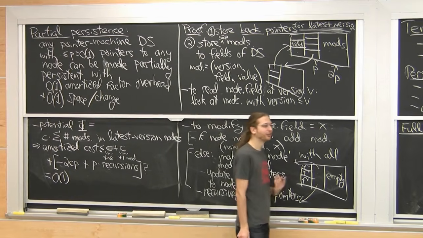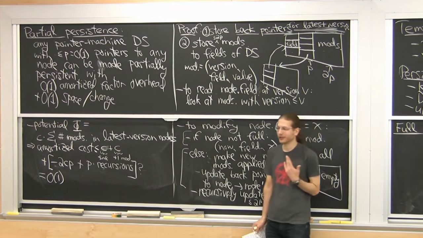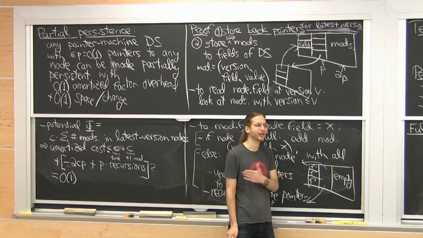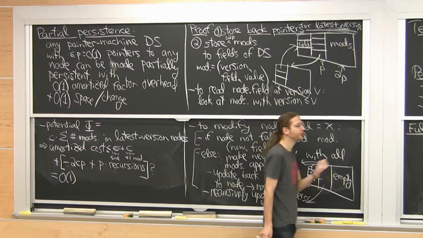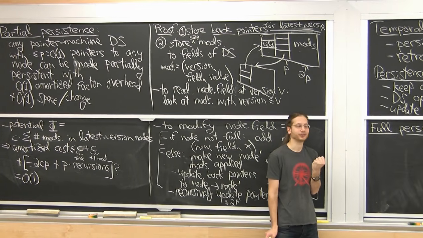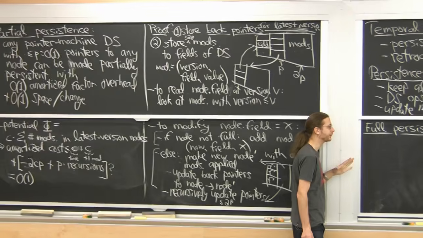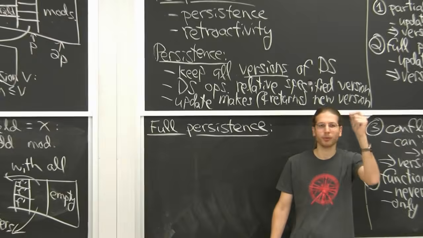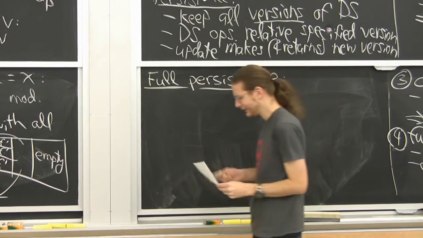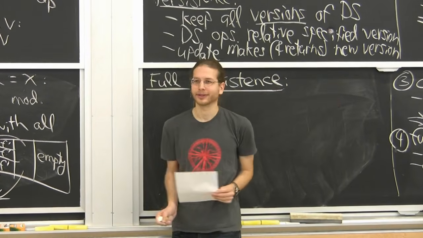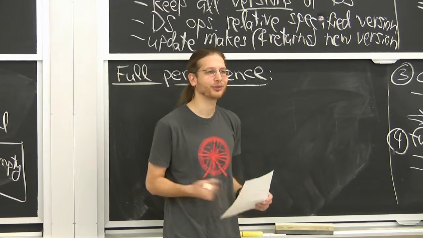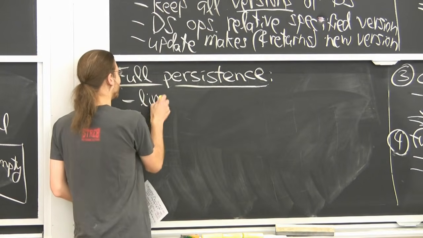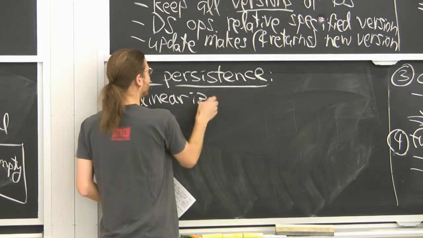The other issue, the bigger issue you might first wonder about, and it's actually the most challenging technically, is versions are no longer numbers, because it's not a line. Versions are nodes in a tree. You should probably call them vertices in a tree to distinguish them from nodes in the pointer machine. So you've got this tree of versions, and then versions are just some point on that tree. This is annoying, because we like lines, we don't like trees as much. So what we're going to do is linearize the tree. Like when in doubt, cheat.